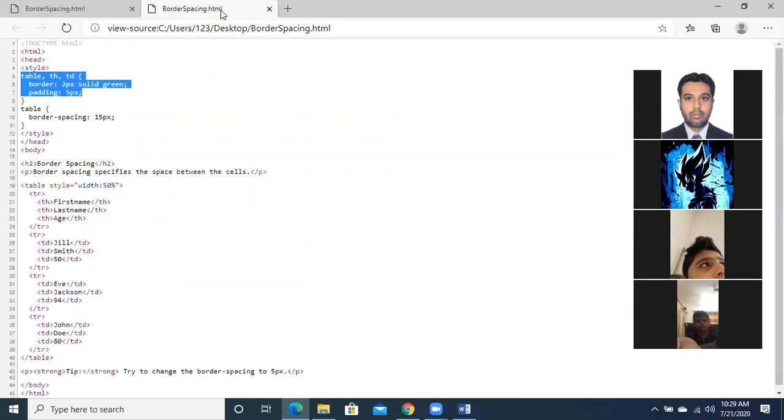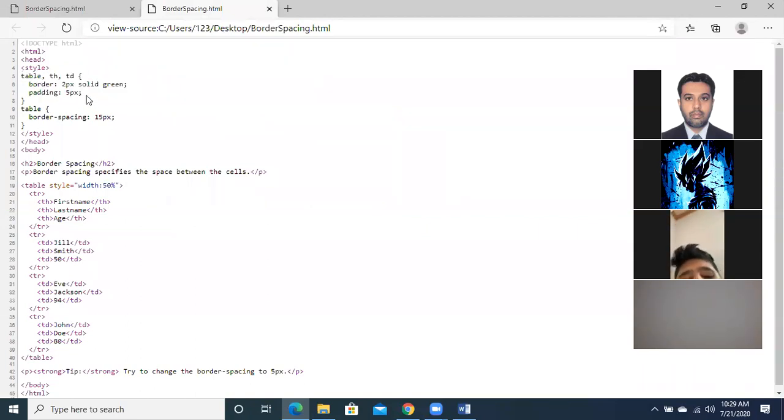Basically, we have set these two important properties. Number one is for the table header, table data and table: border is 2 pixel solid green and padding is 5 pixel. And the second property we have set is the border spacing of 15 pixel. As I have told you, border spacing specifies the distance between the borders of the adjacent cells.